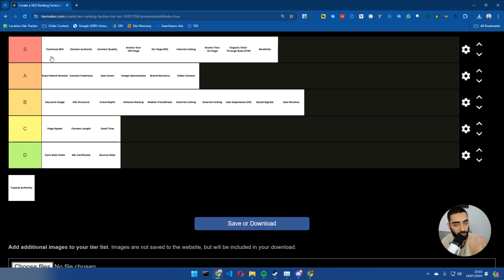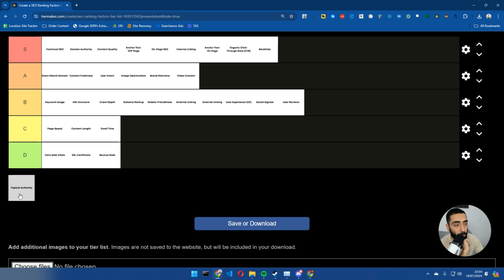For anybody that doesn't know, a little bit of backstory on crawl budget. Every single website has a certain amount of pages that Google will crawl every single day. It depends on how good your content quality is and how good your backlinks are. But if you have loads of orphan pages, loads of technical SEO issues, and your website takes 10 minutes to load certain pages, Google's just going to say, do you know what? I don't care how good this website is. I'm going to stop coming to it because it wastes my time.